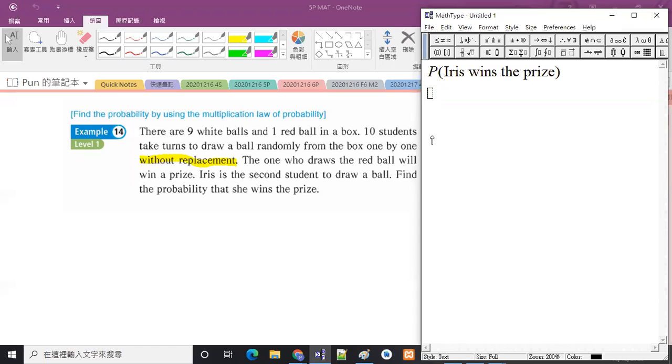So let us interpret this sentence. Iris wins the prize means that the first student does not win